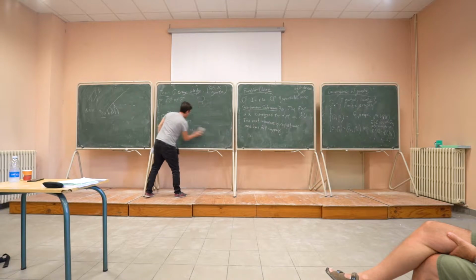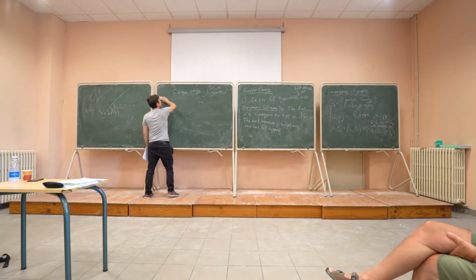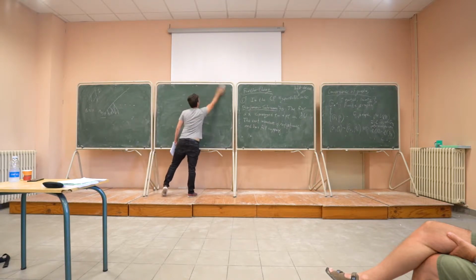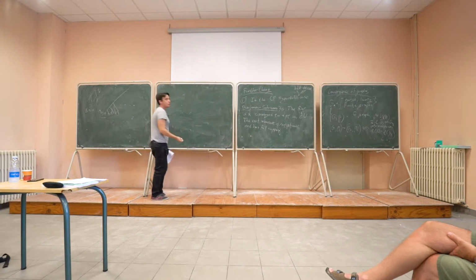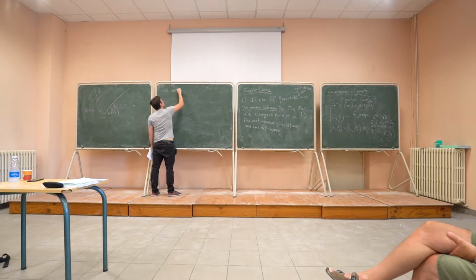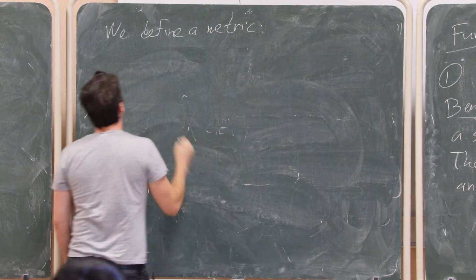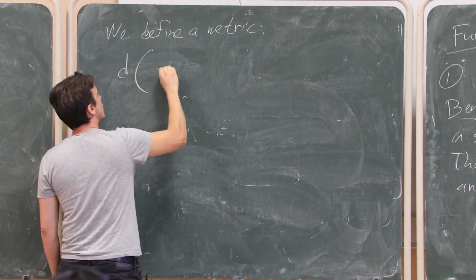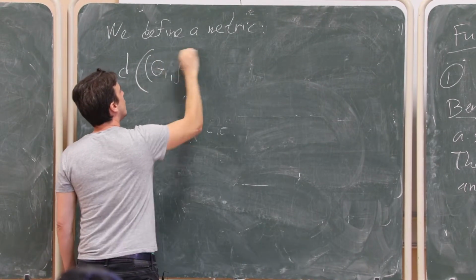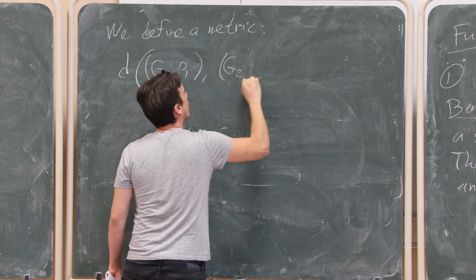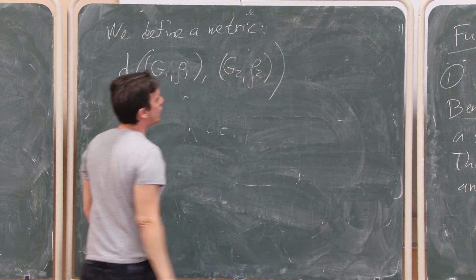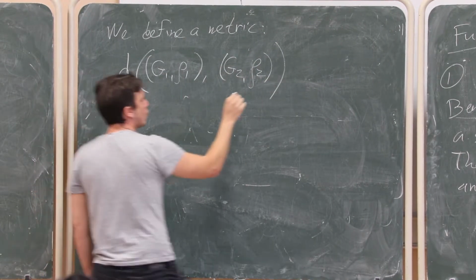So let's do it one time properly, and then not discuss it anymore. So we induce a metric. We define a metric. The distance between G1 rho 1 and G2 rho 2 is 1 over R,